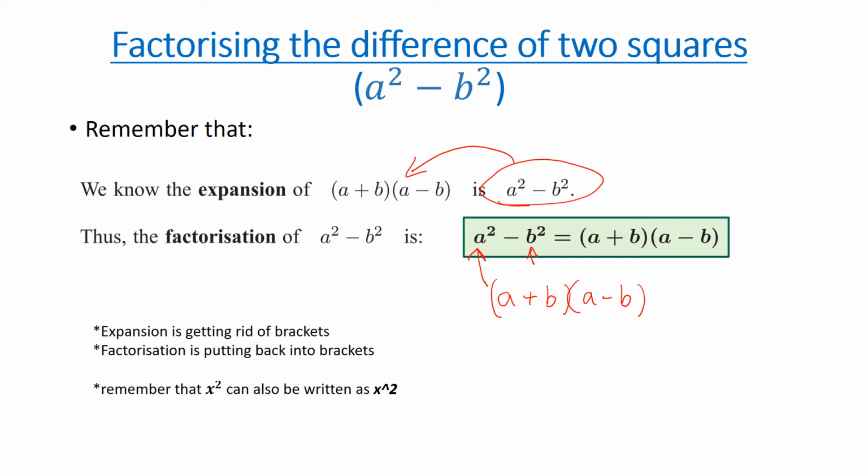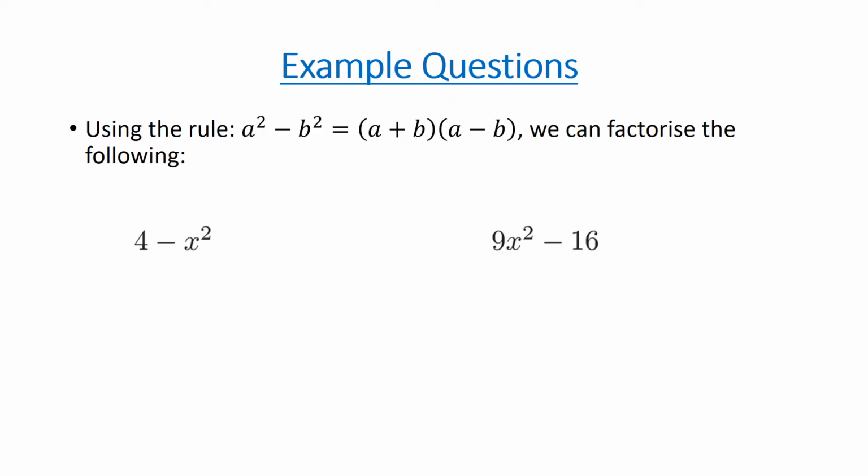Alright, so remember your first terms of each bracket are just the square root of your original first term, and the second term in your brackets is just the square root of your second term. Alright, and then the only difference between the brackets is there's a plus in one and a minus in the other. What I mean by that is, we'll go through some examples and hopefully that'll make a bit more sense to you. So if we have a look at some examples here, well, we know that our first example, 4